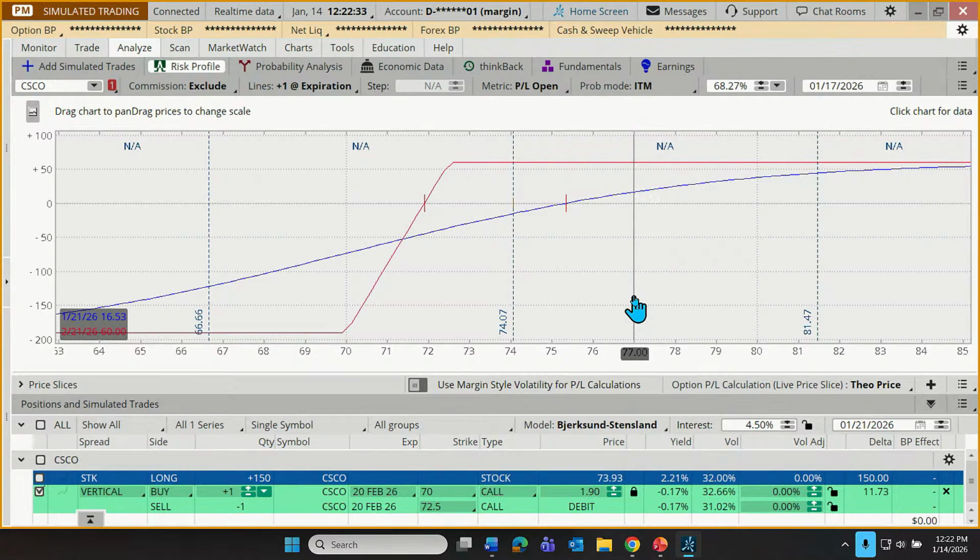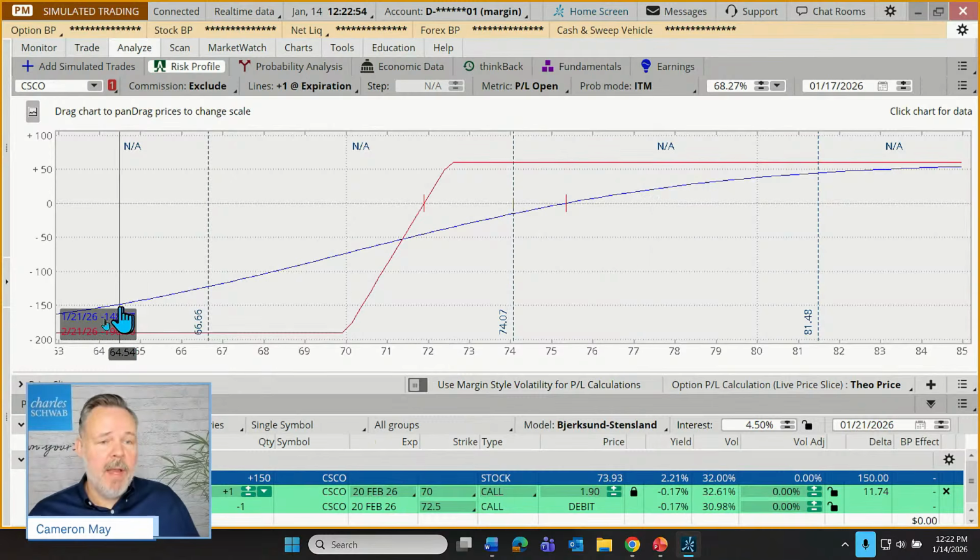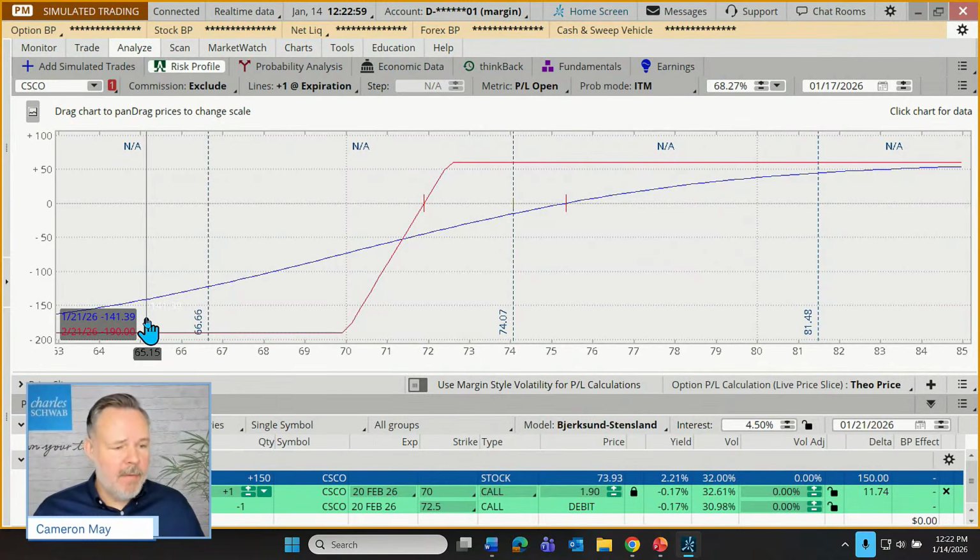And this is not an estimation. This is a very accurate projection of the changing values of these options using the algorithms that are used to actually create or price options. So if we happen to be correct about where the stock is on January 21st, this output is correct. Now, obviously, that's a big assumption, but the algorithm is precise.